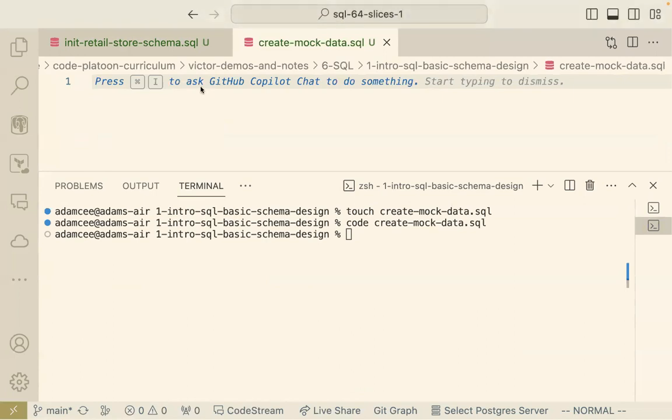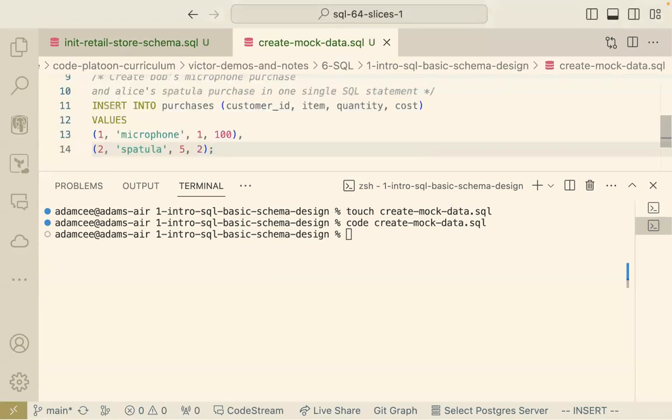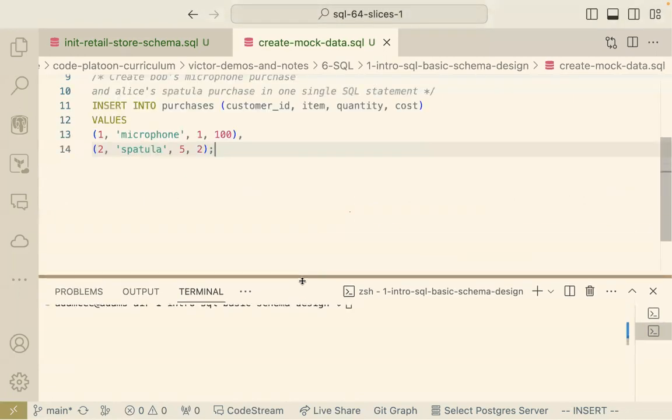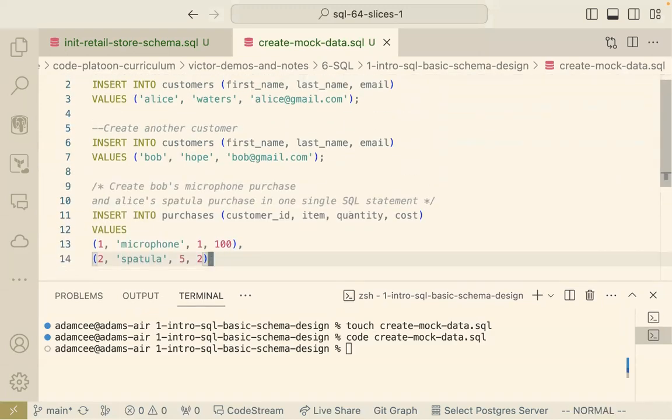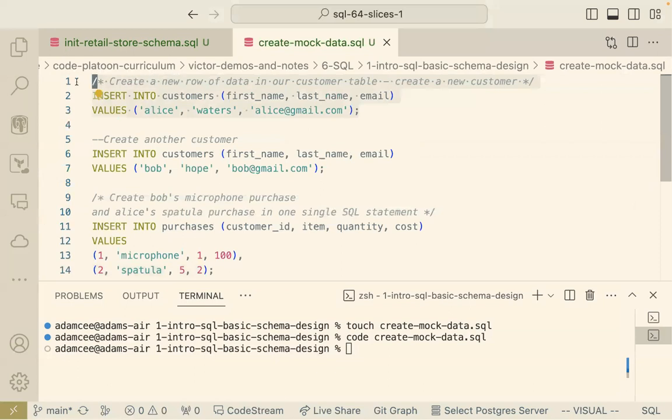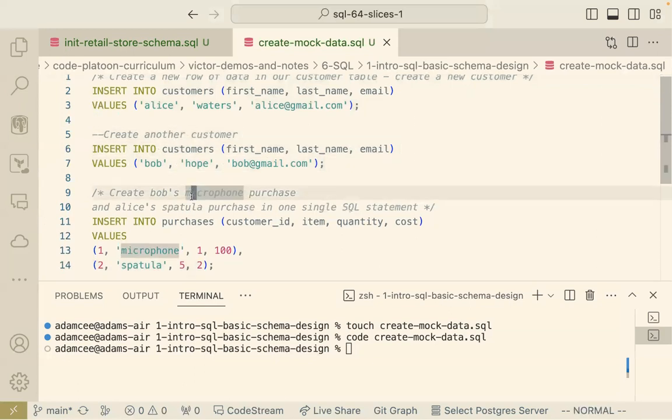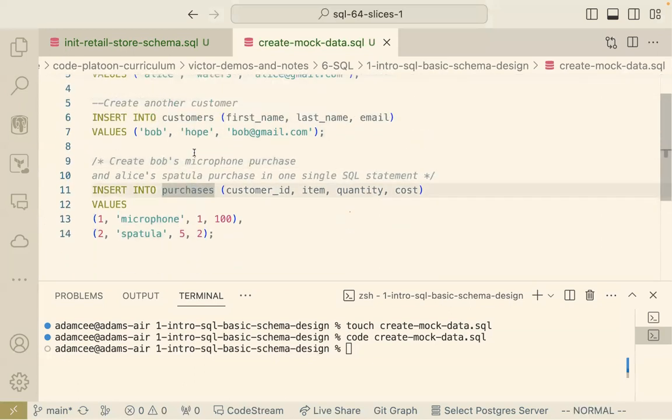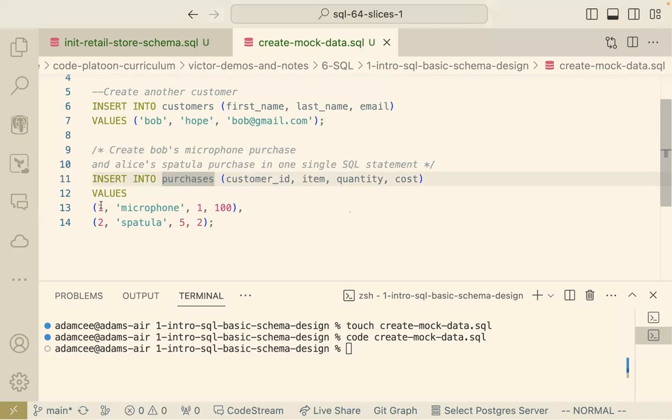And I am going to do a little copying and pasting here. Let me show you what I copied and pasted. So I've got this customer, Alice, that we already created. I've got another customer named Bob. And now we're creating some purchase data. And the thing to note is